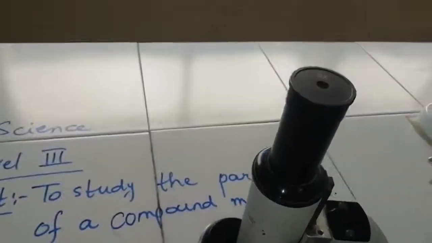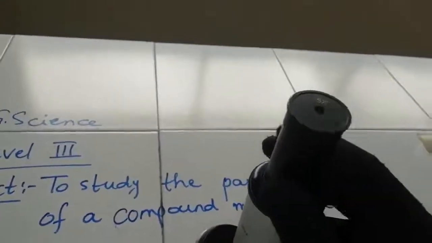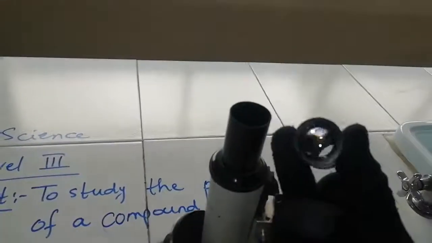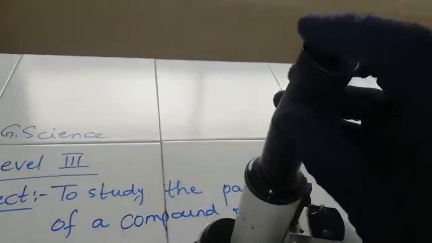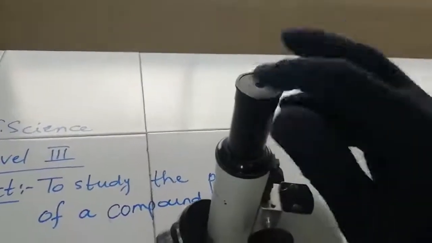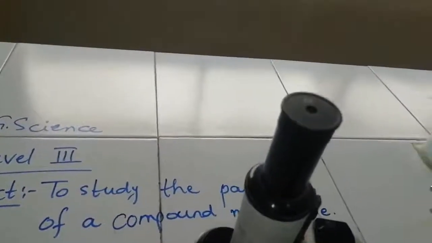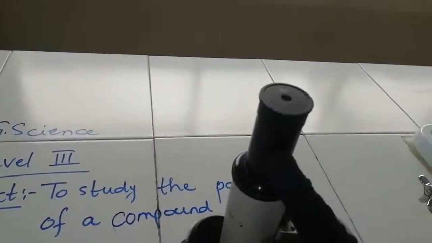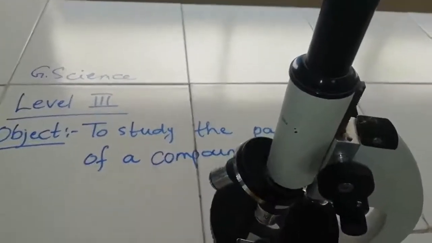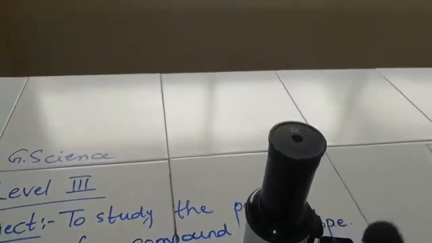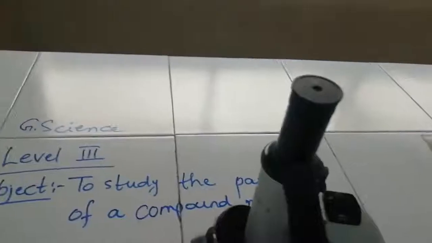Okay, so this first part, the topmost part of the microscope, is called the eyepiece. It has a lens on it, right? And why is it called an eyepiece? Because we can see with our eyes through this part. ठीक है, whatever we want to observe under the microscope, we can see it through this eyepiece by our eyes, right? So this is called eyepiece.